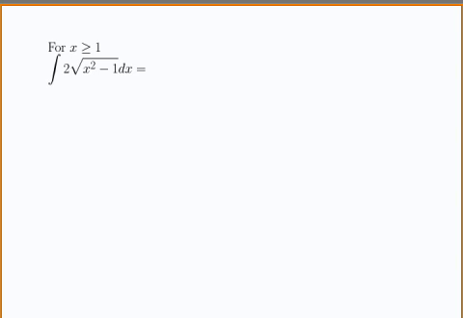We're going to integrate 2 times the square root of x squared minus 1 with respect to x, for x greater or equal to 1. The fact that x is greater than or equal to 1 simply means that the integral is defined. Now, when you see something like the square root of x squared minus 1 or the square root of 1